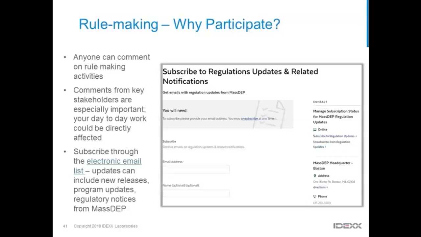Typically, a public comment phase is open for about 30 to 60 days, but you can sign up to receive email notifications on various rulemaking activities so you can watch and track what's happening in your state. On this slide, if you'd like, you can click on the hyperlink and it'll bring you to a place where you can sign up for your state. And this screenshot just kind of shows how easy it is to sign up. You can just type in your email address and you'll be all set to go. And that concludes what I have for the regulatory portion today.